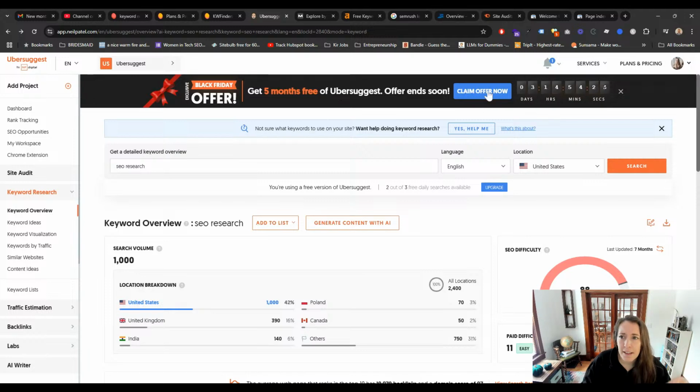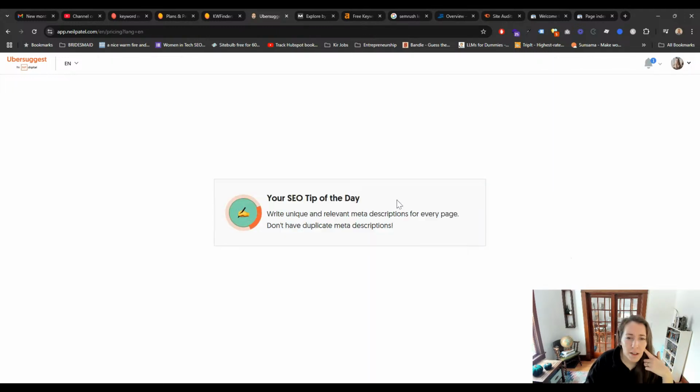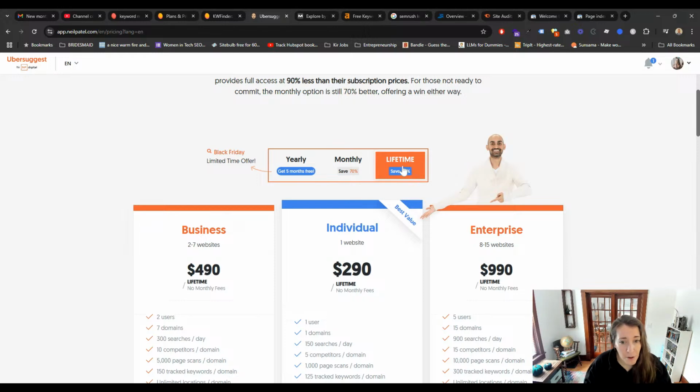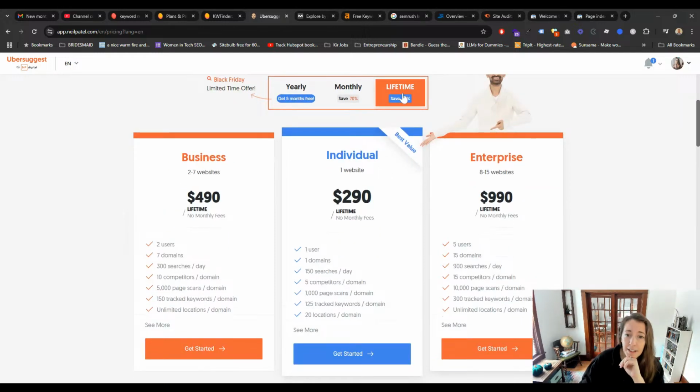But let's see the pricing for this one. Okay, so this one is actually yearly. Some people do lifetime for this. I have known people who have done a lifetime for Ubersuggest. I mean, it's only $290 for your whole life, so I guess that's a pretty good deal. And you would get to do